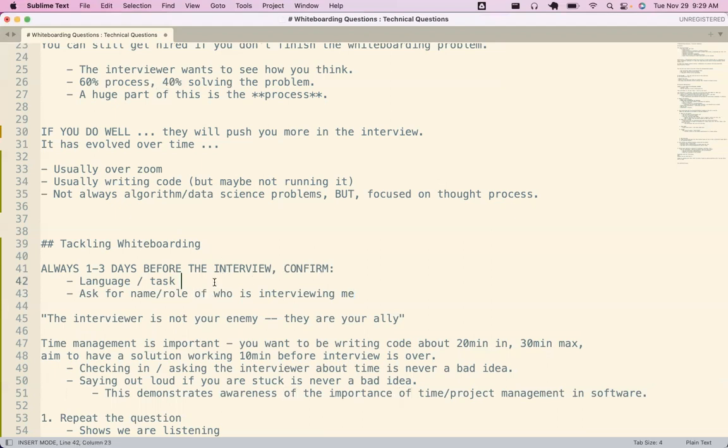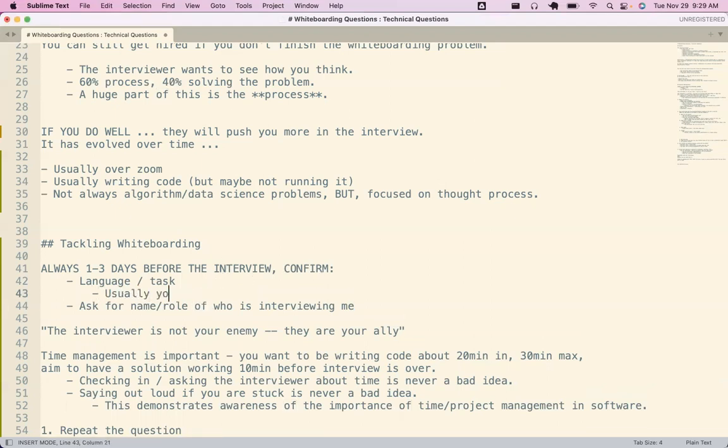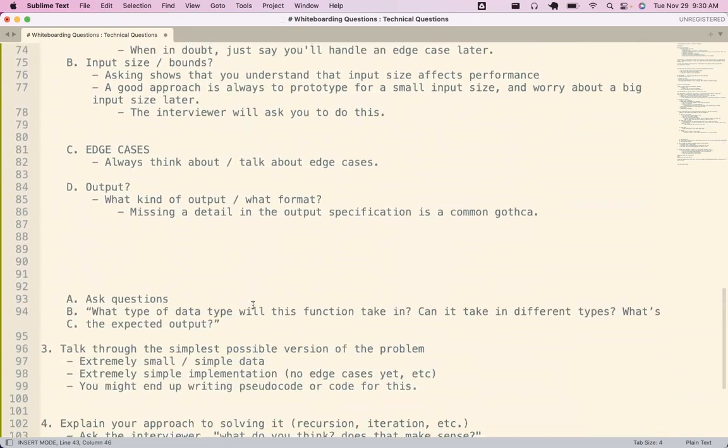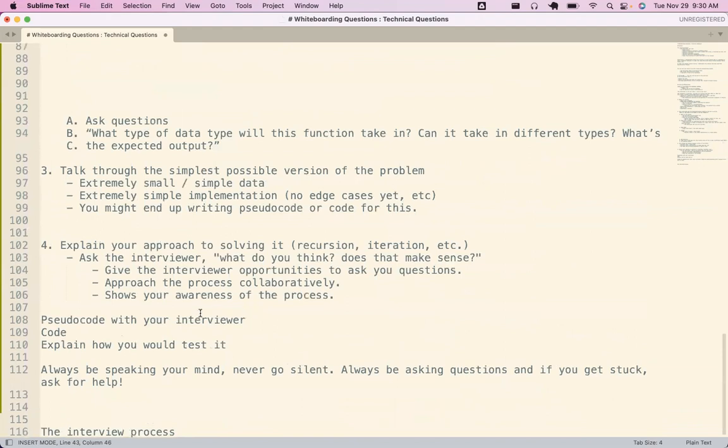Usually you can pick the language. Sometimes not. If they want you to interview in a programming language that you're not familiar with, you need to let them know up front. Otherwise, they'll have false expectations and it won't go well. Just be very clear: hey, I'm happy to try this. I do not have experience in this language. I do have experience in this language. What would you like to do? That should be on them, and honestly, that's the interviewer's job to figure out. Some companies are good at that, some companies are less good.